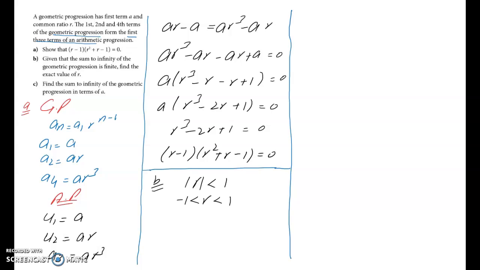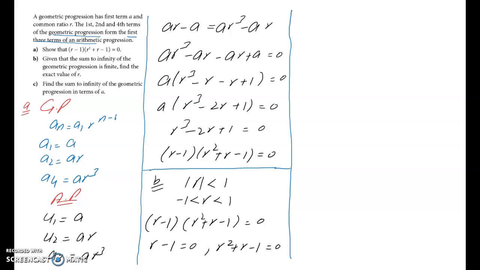Now we are trying to look for the values of r. So (r - 1)(r² + r - 1) = 0. So from here, r - 1 = 0, or r² + r - 1 =